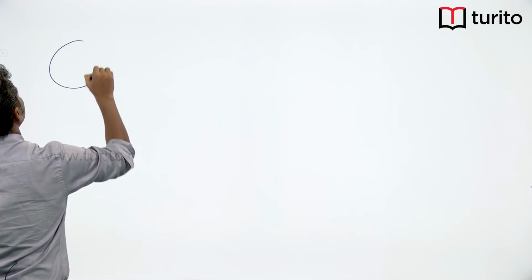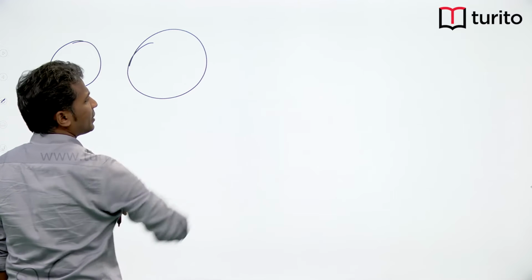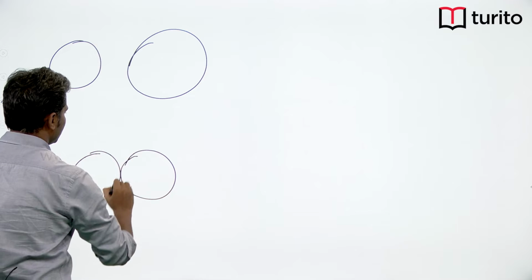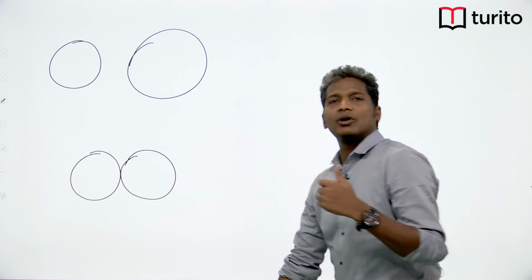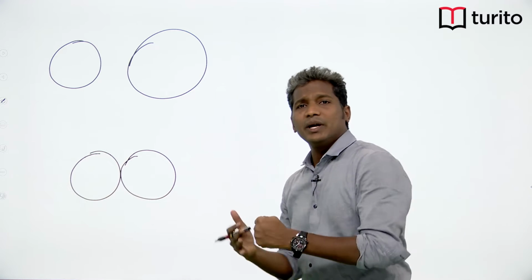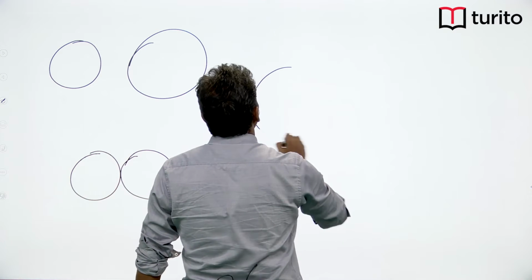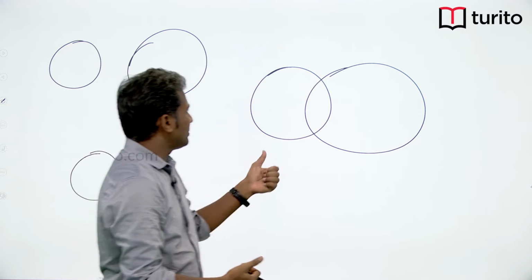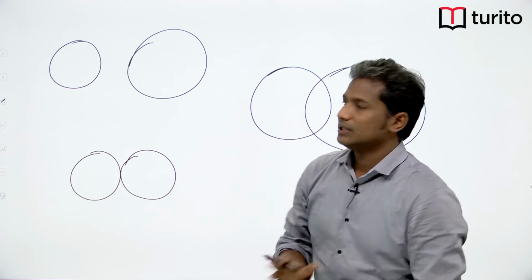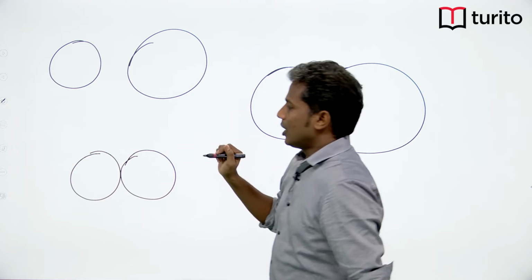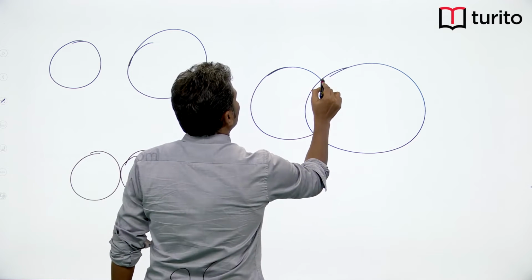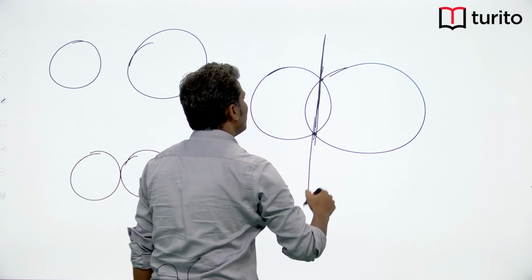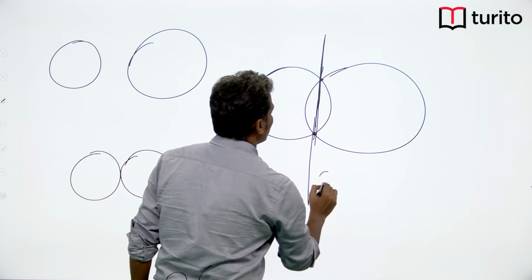If we have, let us say, two circles which are apart, this is one case. We can have circles which are just touching each other. These two circles may not have equal radii, they may be different also. We can have a case where circles are intersecting. Please excuse my drawing here, the circles are not exactly looking like circles. Now, here the line joining these two points can also be called the common chord. This is the common chord,